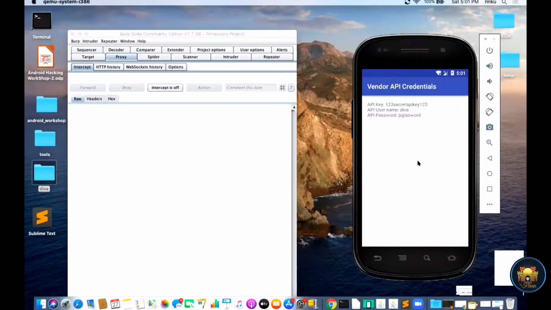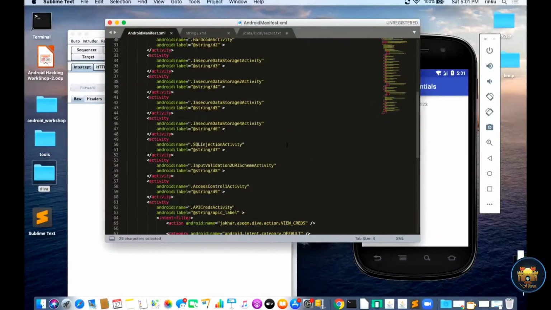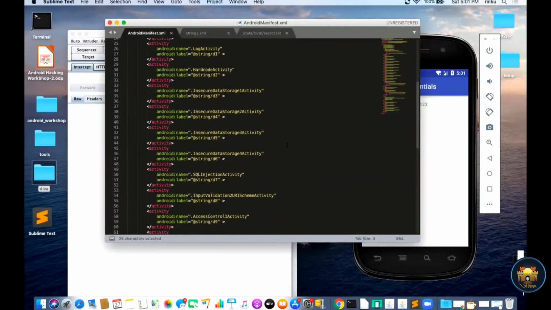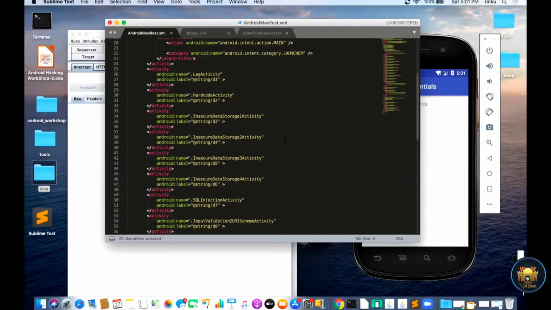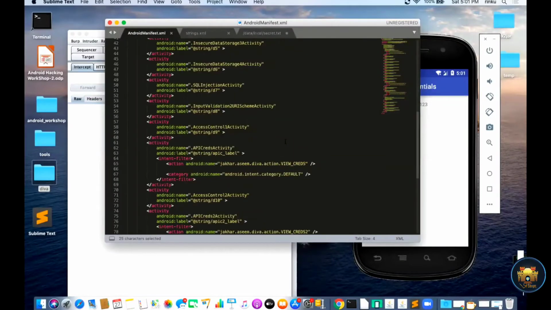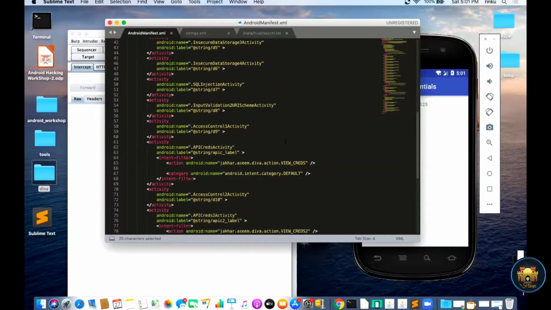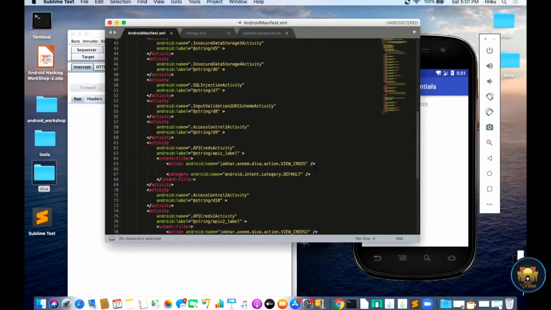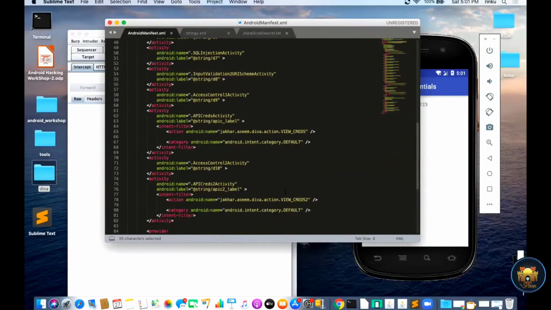Before going to that, let me understand some concepts behind this and why this happens. For this we need to open the AndroidManifest.xml. But first, we need to understand the concept from the source code review.